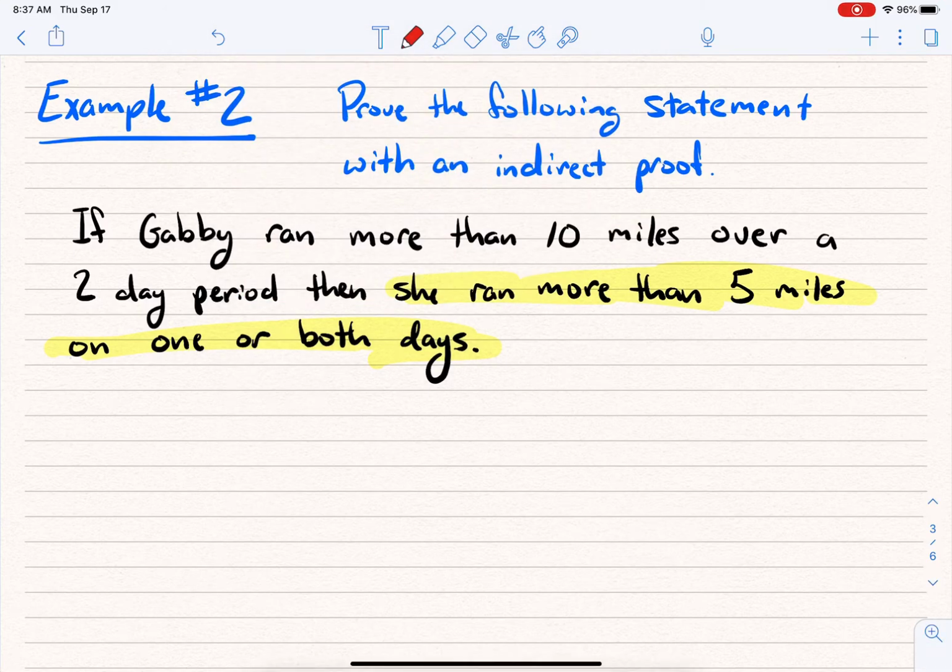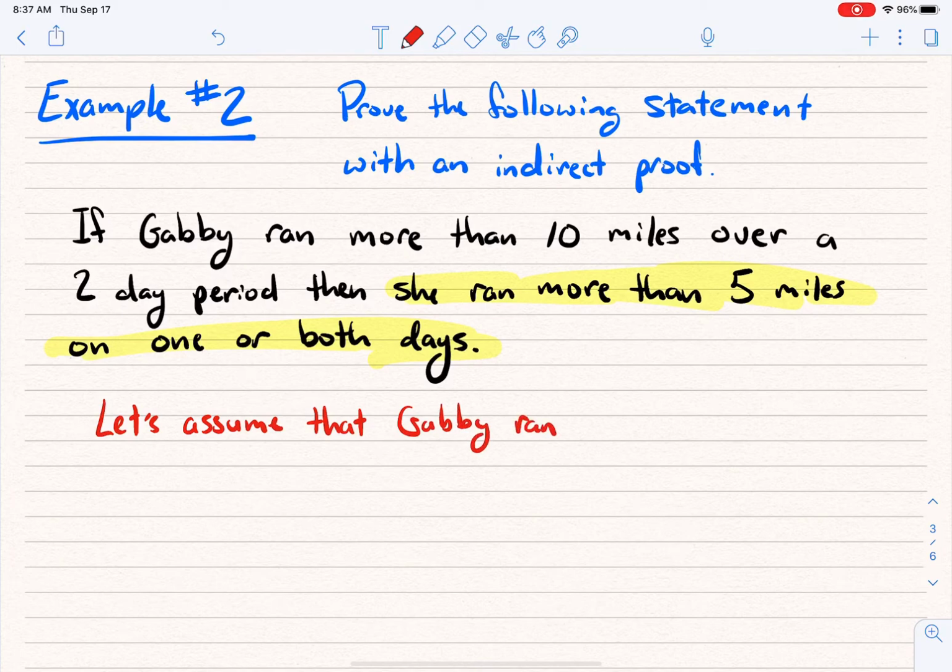Well, let's do this, okay? So we're going to start out with that fancy sounding saying, let's assume that Gabby ran. Now, here's where it's tough. A lot of people are going, man, I just put in the word not and take out the word not for negation. But when we hear phrases like more than or less than, we need to not just put in not, but we need to think about what is the other. So instead of saying, let's assume that Gabby did not run more than 5 miles, let's just flip that around. Say, let's assume that Gabby ran less than